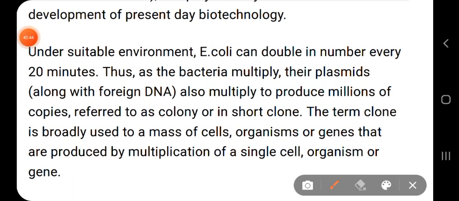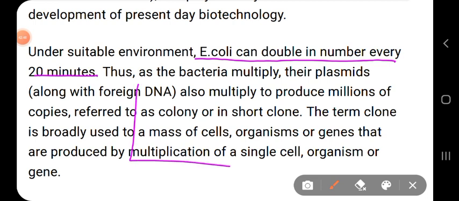The first advantage is that E. coli can double its number after every 20 minutes. When we do the bacterial growth curve experiments, you see after every 20 minutes the E. coli grows. You know the lag phase, the log phase, the stationary phase, and the decline or the dead phase. You record the temperature, you record the time, and you measure the growth of the E. coli cells by measuring in your colorimeter. You take the OD, optical density, in the cuvette, in the tube.